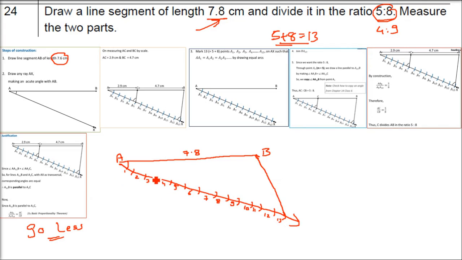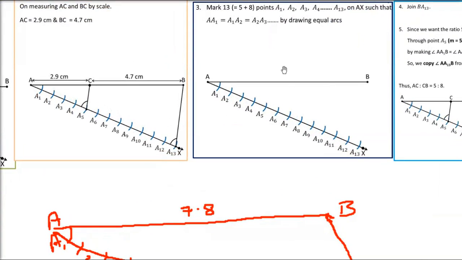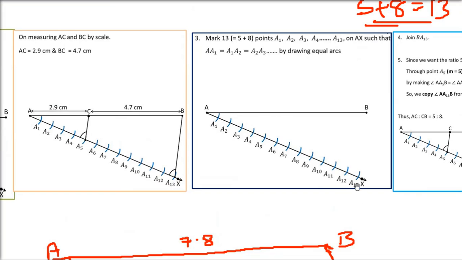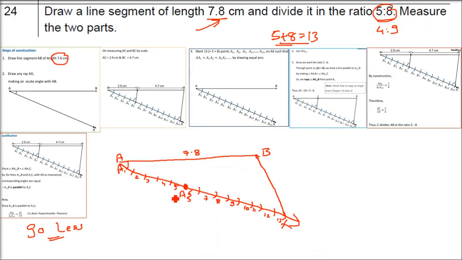So now coming to fifth, 1, 2, 3, 4, 5. This fifth part, the end of this fifth part, now make the line parallel to this line which is BX. So we are drawing, you know how to draw a line which is parallel to BX, okay? Just let me show you. You have to write it like this. A1 till A13 you have to write. You have to cut also, show the construction to the examiner, and then draw a line which is parallel to